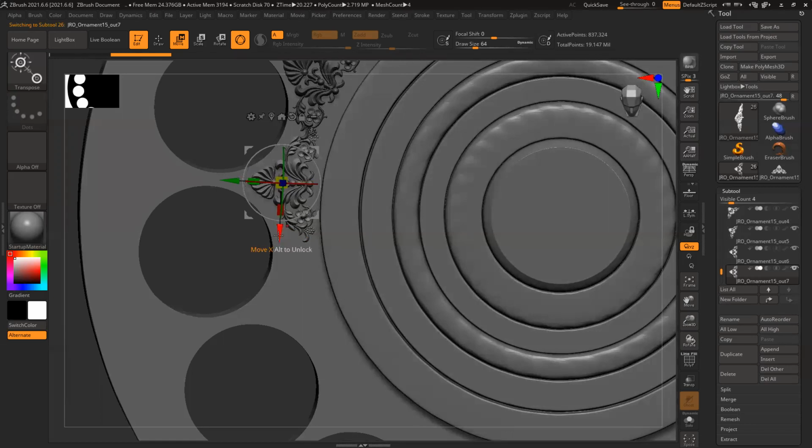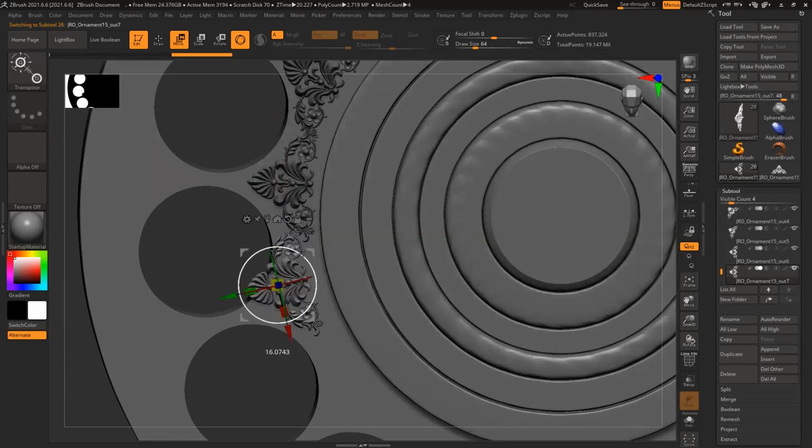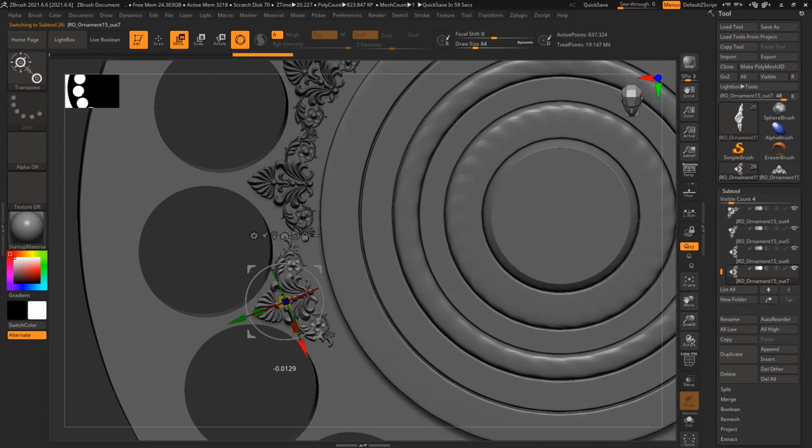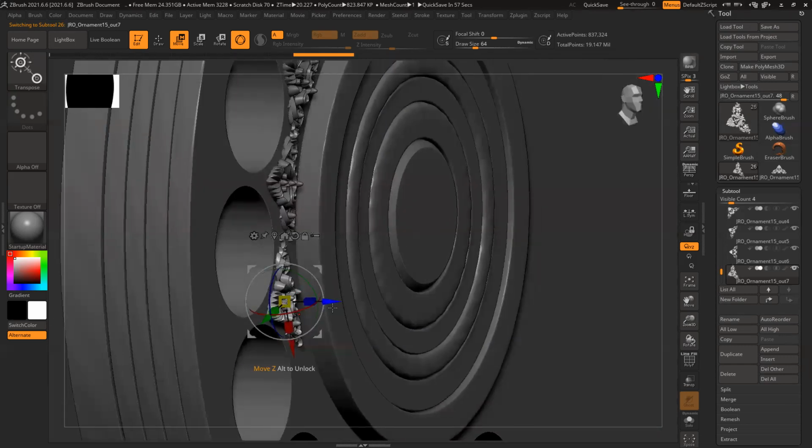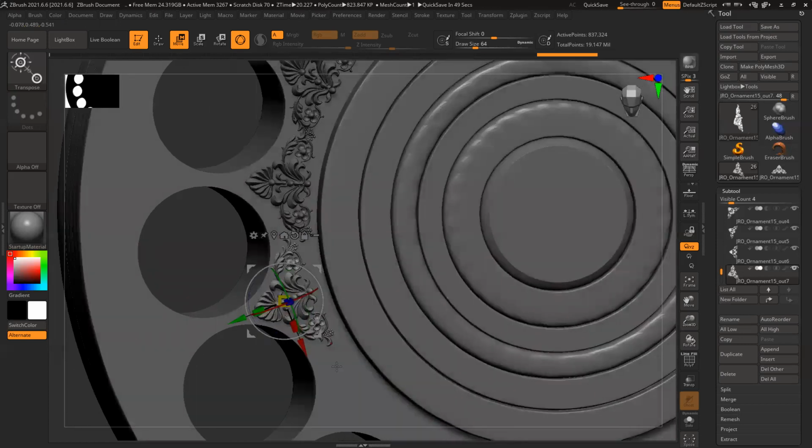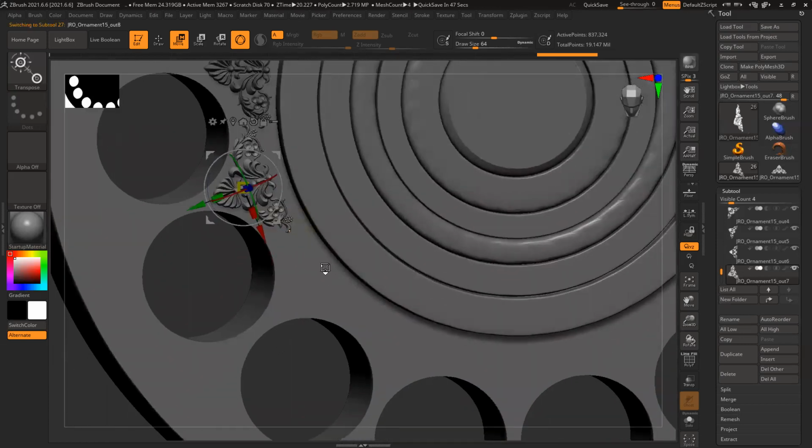Control Shift D, duplicate. Control Shift D again.